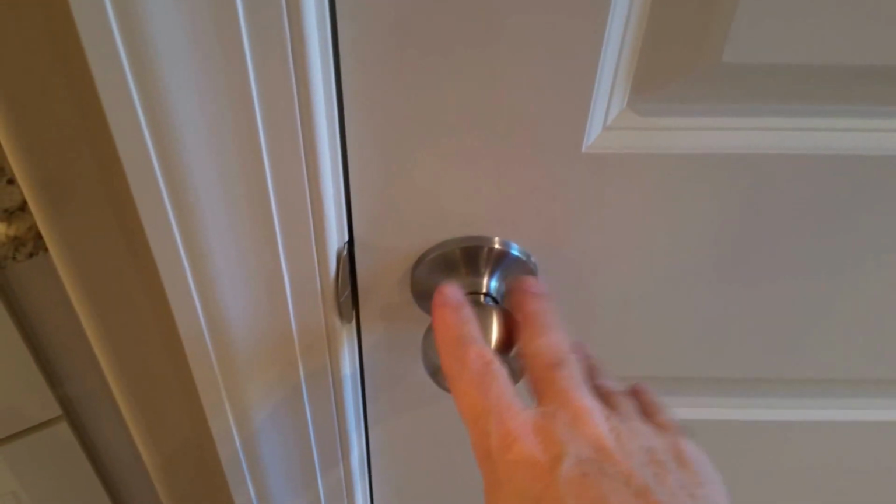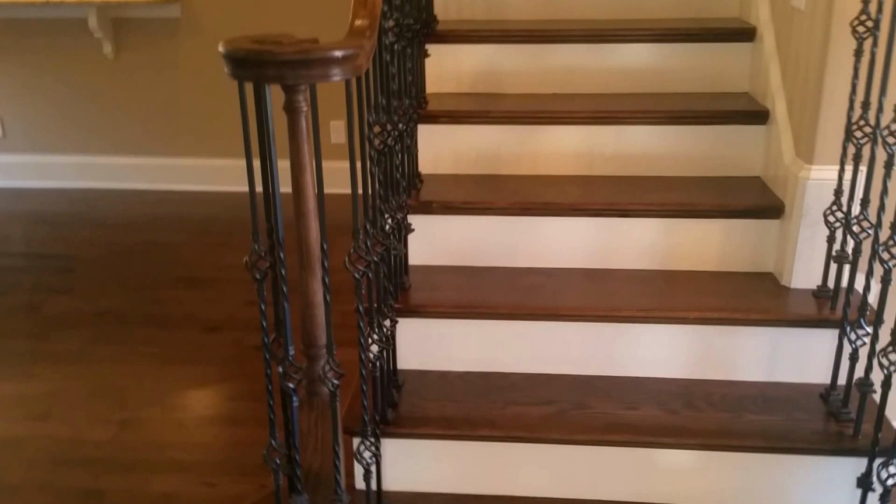Different options. We can go levers or oval. These people want the round doorknob, around the brushed nickel with hinges to match. And our door style, we went with the classic Roman arch. That's probably our most popular, but we've got half a dozen different door styles to choose from. And of course, whatever you choose, they're all the same price. We don't have an upgrade on them. Anyway, now,